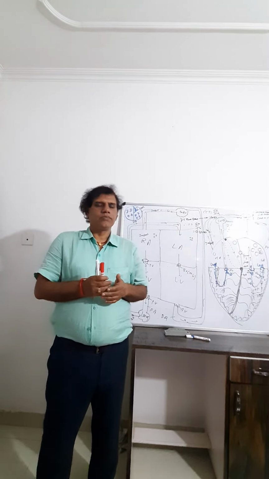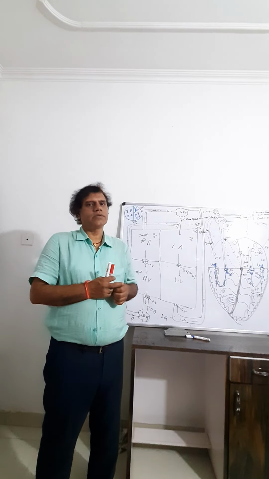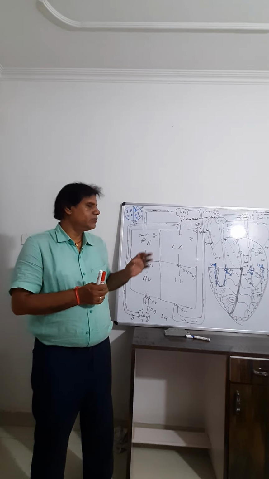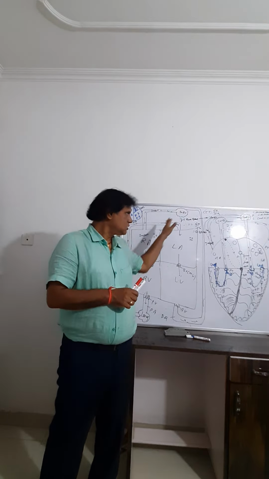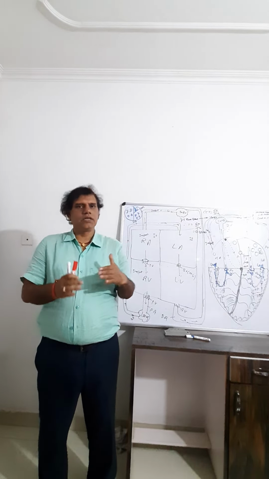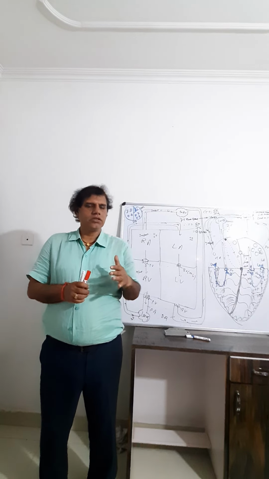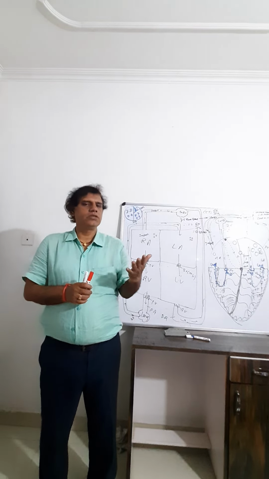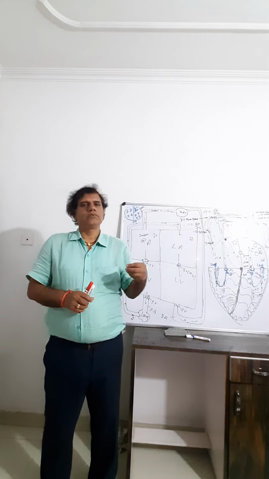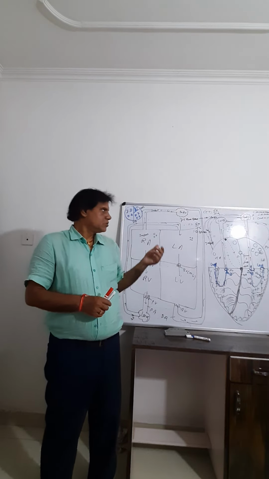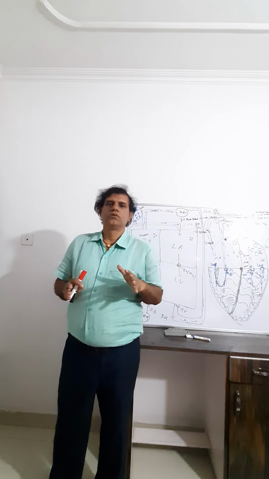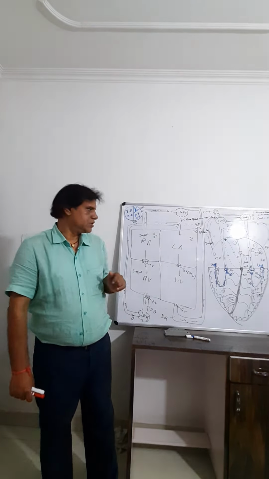Mammalia, birds, reptiles, that is the closed type. But an open type circulatory system is present in arthropoda, mollusca, echinodermata, and hemichordata. So these are the closed type of circulatory system. Closed means there is a presence of artery, vein, capillary. So blood flows through the blood vessels. And open type means blood does not flow with the help of blood vessels. Blood flows with the help of sinus or space. But in human beings, a well developed closed type of circulatory system is present.